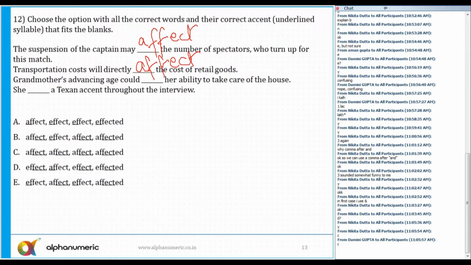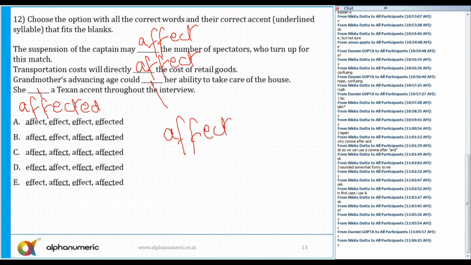Grandmother's advancing age could affect. Again, it can impact her ability to take care of the house. She affected. Affected means pretended. Remember, we have discussed this word. She affected a Texan accent throughout the interview. So she pretended to have a Texan accent, which means answer is C. Answer for this question is C. Yes, I think you also marked C. Okay,